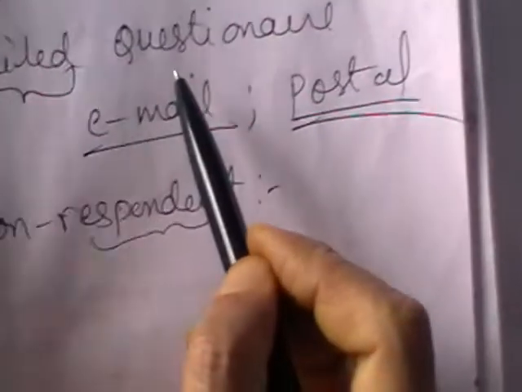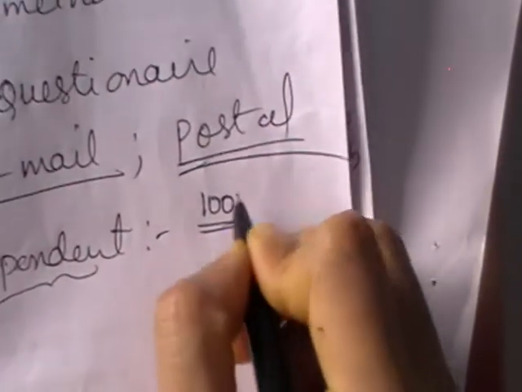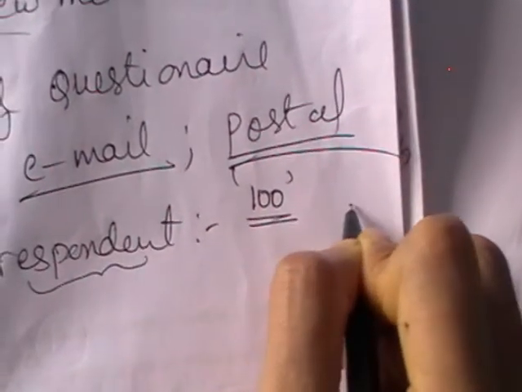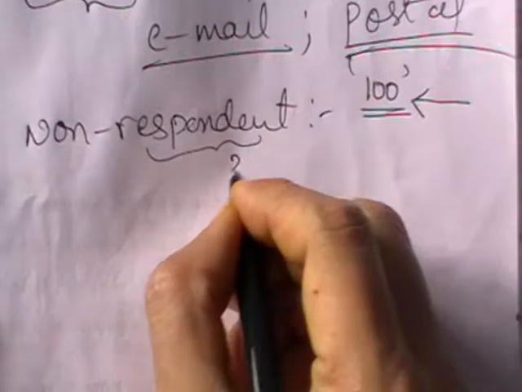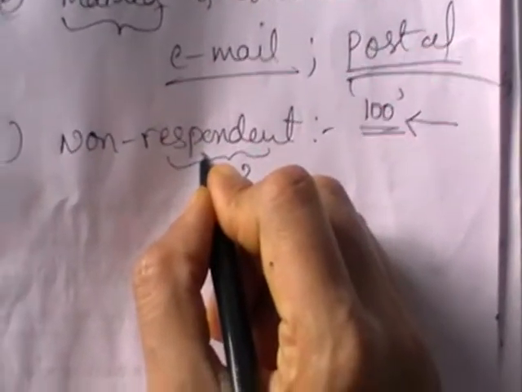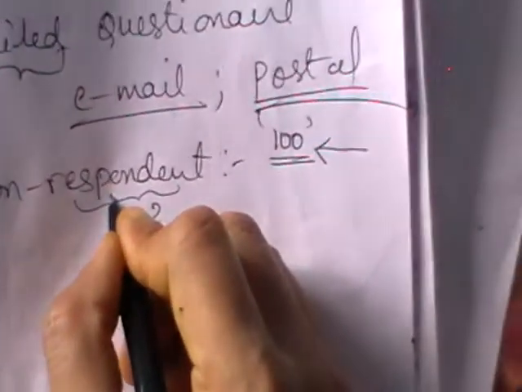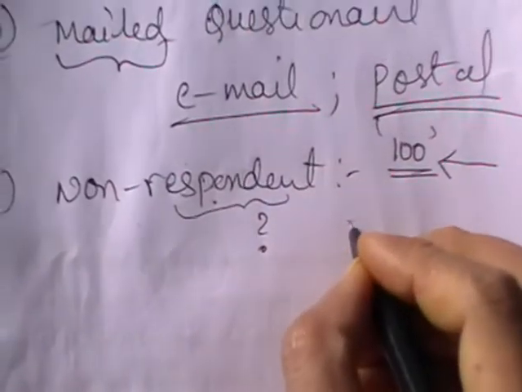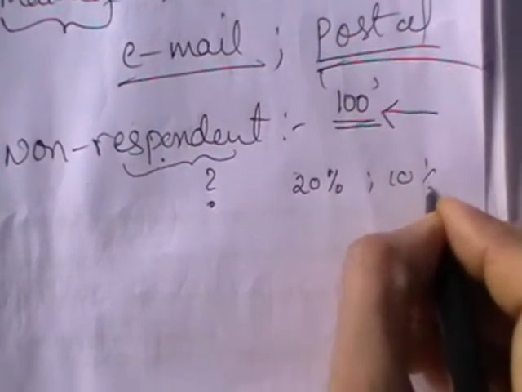In some cases he wants to skip. There is no rule that if the sample size is 100, I should get the data from all the 100 individuals, all the 100 sampling units. There is a high chance of non-response. I may not get a response from the respondents, which we call non-response. After doing this, you should specify how much non-response you have, either 20 or 10 or 70%.